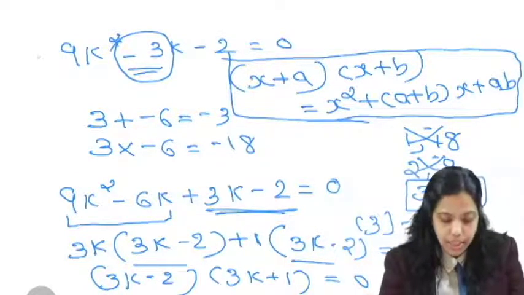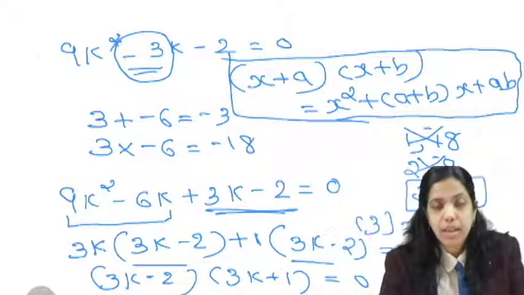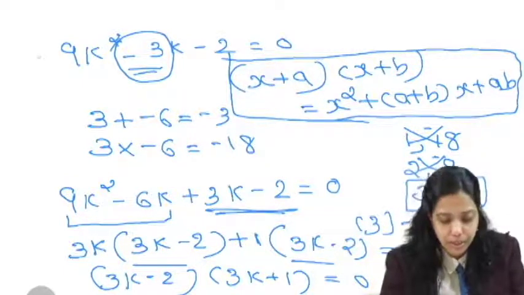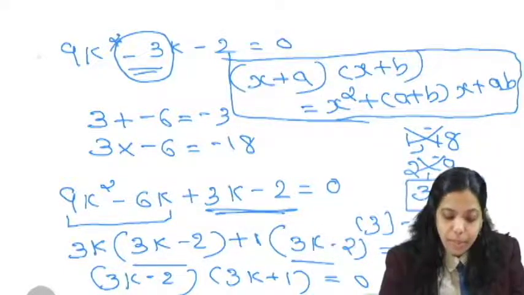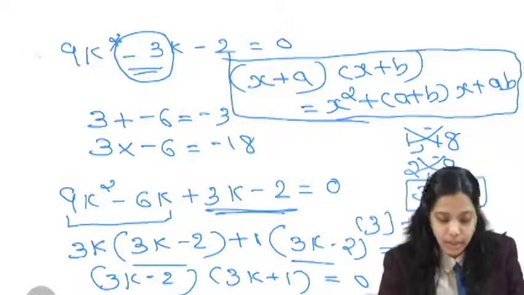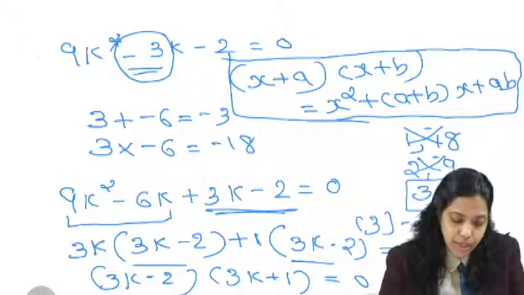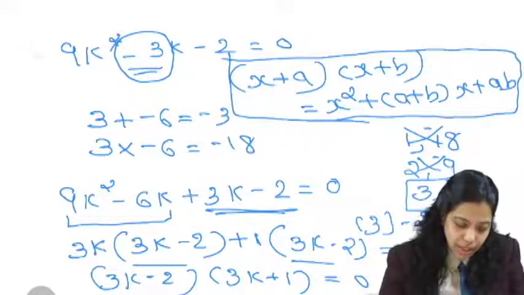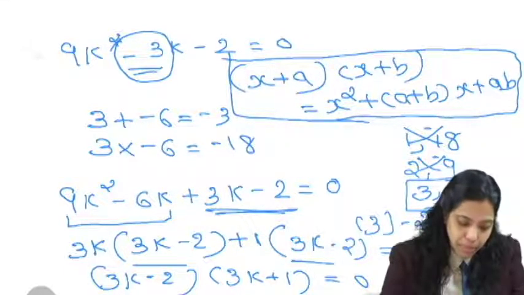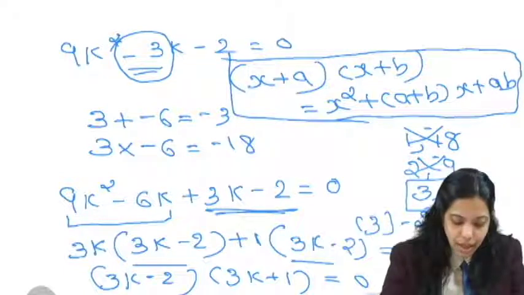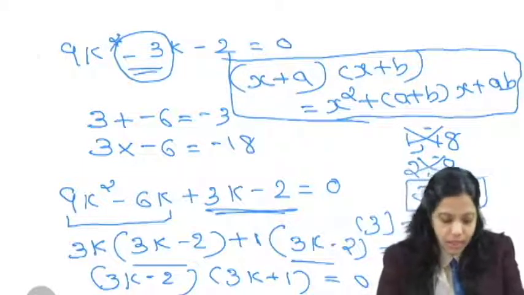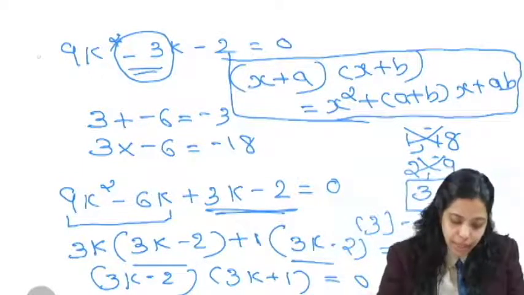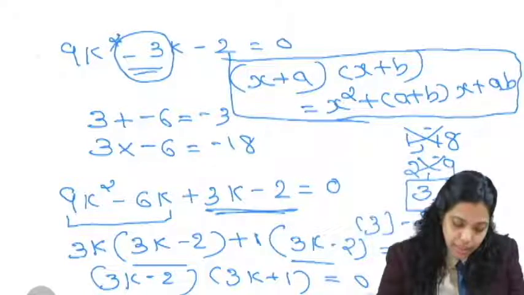Now the problem is, if we add both the factors, the sum should be the middle number negative 3. Of course, for 1 and negative 18, no chance. 2 and minus 9 also we are not supposed to get. So the last option is correct. If I add 3 plus minus 6, what is the answer? It is minus 3. And 3 multiplied by minus 6 gives minus 18. So we can replace the middle term by minus 6k plus 3k.